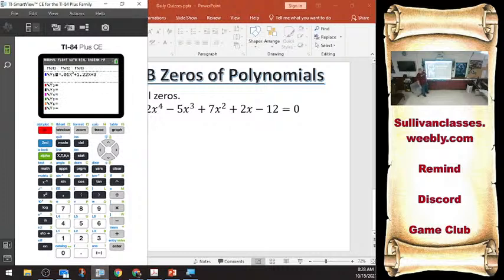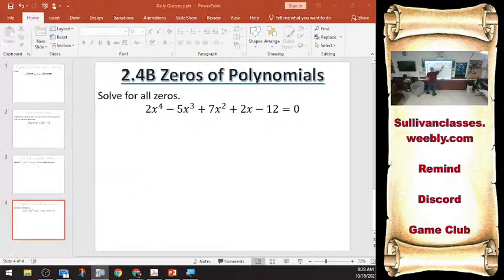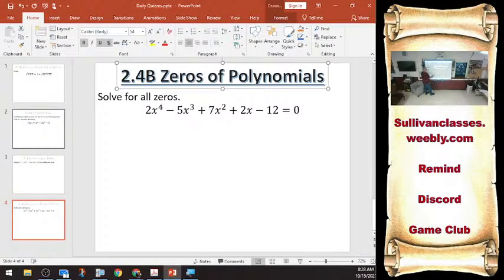Most kids are going to say, I can do synthetic division. Theoretically, if you really wanted to, you would say all the factors of 12 over all the factors of 2. So 1, 2, 3, 4, 6, 12, and then all of that over 2. So 1/2, 2 halves, 3 halves, 4 halves. And then you would start guessing and checking those after doing Descartes' rule of signs to narrow them down to which positive, negative. But instead of doing all of that, because we live in the 21st century,